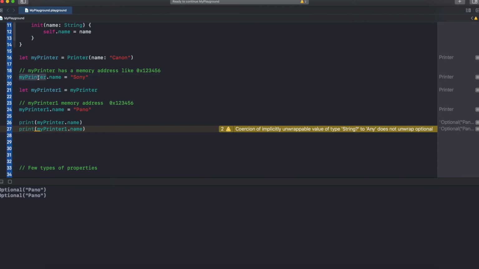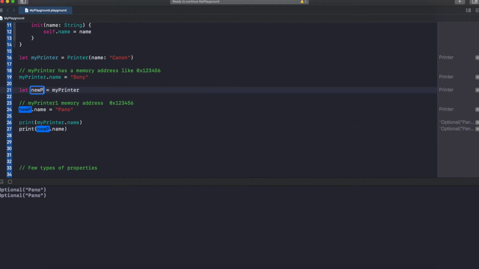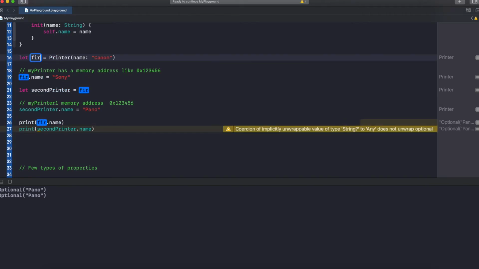Okay, this is a bit confusing. Let me change it to first printer and second printer.